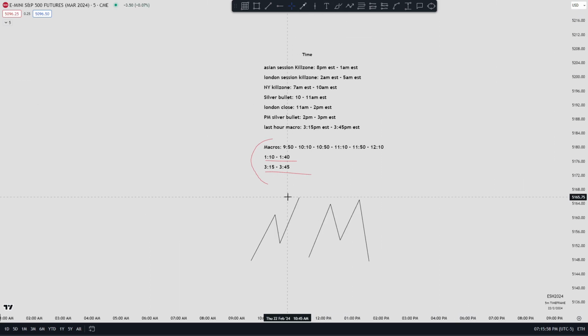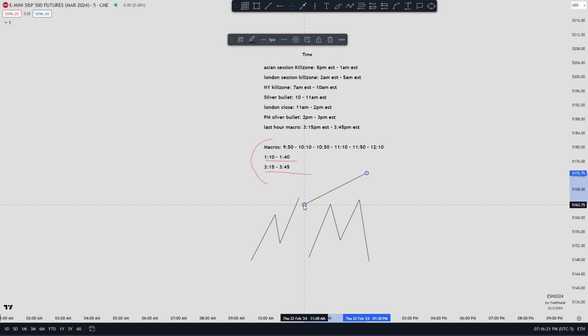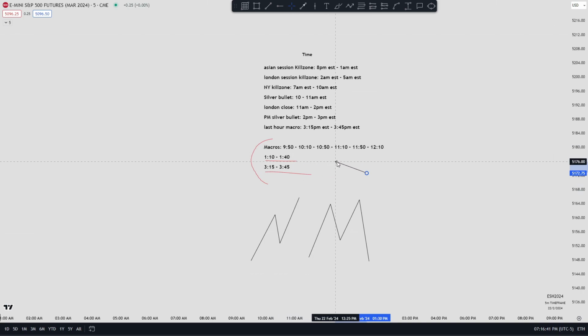So since we know the market moves in waves from expansions and consolidations, it's important to take note that when you want to anticipate some type of expansion to happen in the marketplace, it has to be at certain times during the day. If it's not at certain times during the day, most likely you're going to get caught up in the consolidation, and that's not what we want to do. We want to be trading when we're supposed to be trading, when the market is moving. When we're not trading during these times, the market is not moving. The market is not presenting an opportunity. How are you going to trade when there's no opportunity presented? And think of the macros like during a job, right?